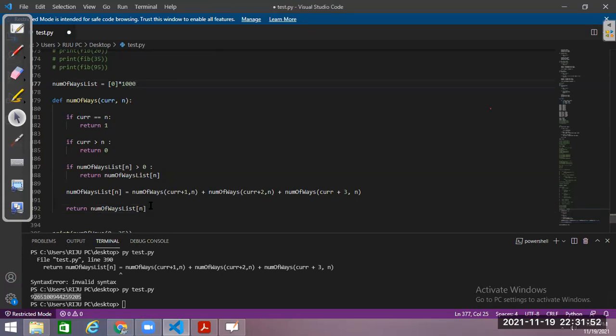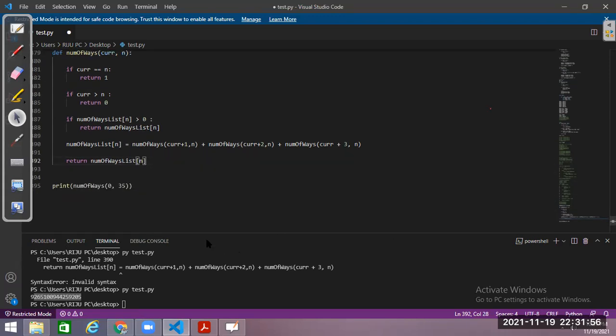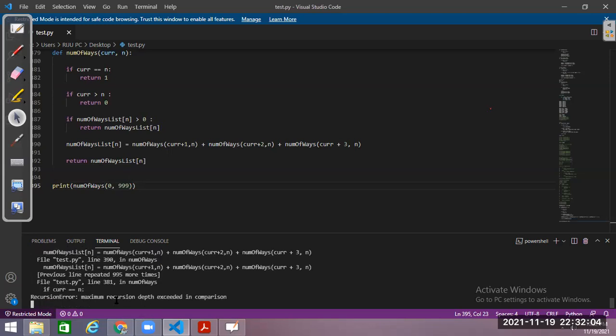Let's go for calculating the 999th. If I want to calculate for the 999th stair, see, okay, yeah, maximum recursion depth. So you cannot do this, because this is taking away everything. But I will show you how we can even calculate that.